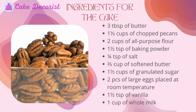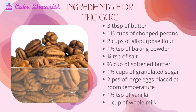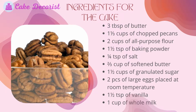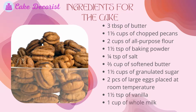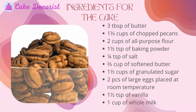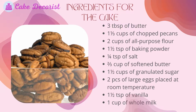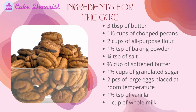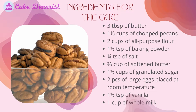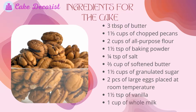What you will need. Ingredients for the cake: 3 tablespoons of butter, 1 1/3 cups of chopped pecans, 2 cups of all-purpose flour, 1 1/2 teaspoons of baking powder, 1/4 teaspoon of salt, 2/3 cup of softened butter, 1 1/2 cups of granulated sugar, 2 large eggs at room temperature, 1 1/2 teaspoons of vanilla, 1 cup